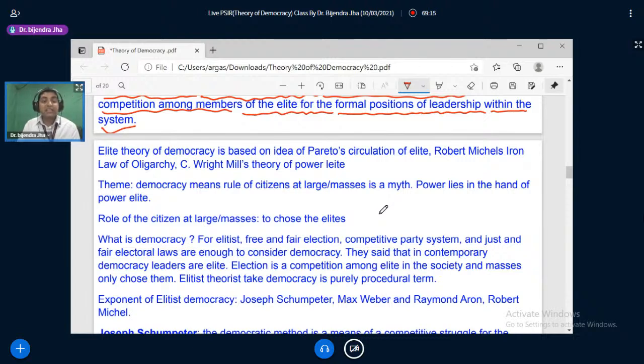And this elitist theory of democracy is based on the idea of Pareto, right? The circulation of elite. What Pareto says, हल्का बता देता हूँ, but जब मैं पावर पढ़ाऊंगा तो I will tell you in detail what does it mean. इलेक्शन होता है, अभी बताता हूँ. इलेक्शन होता है,